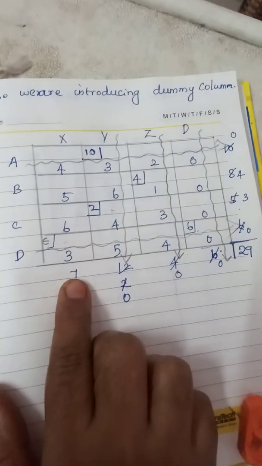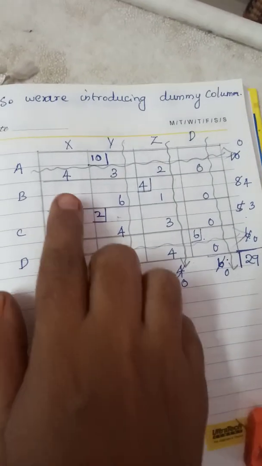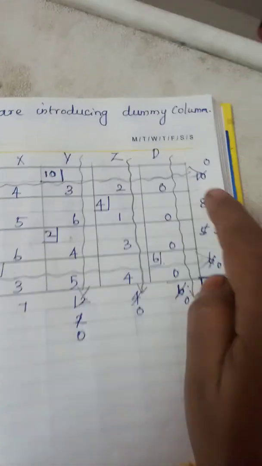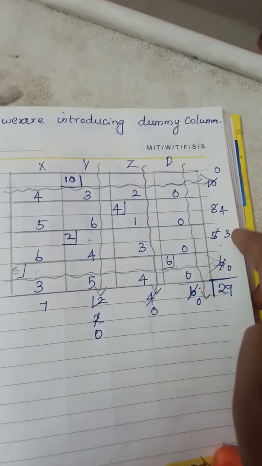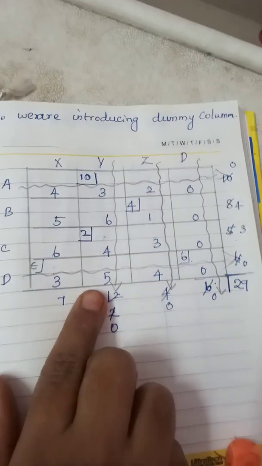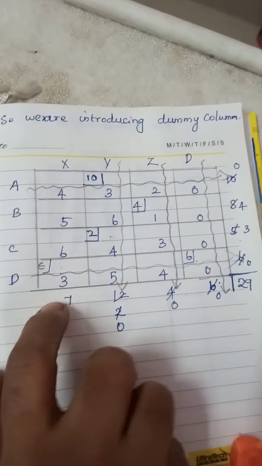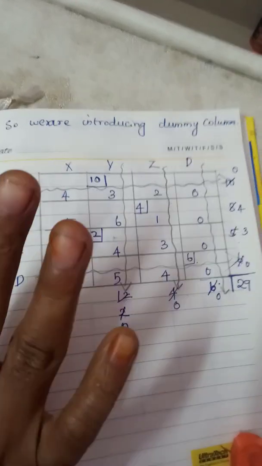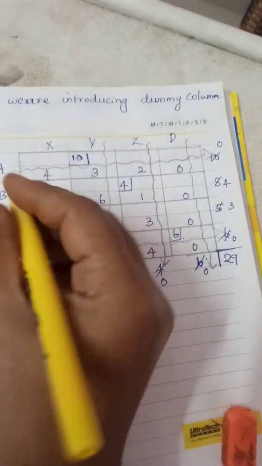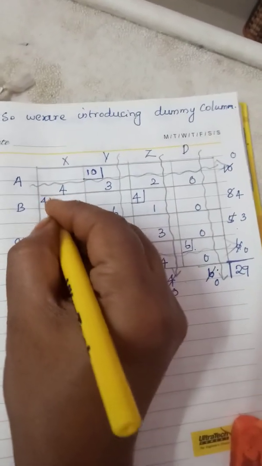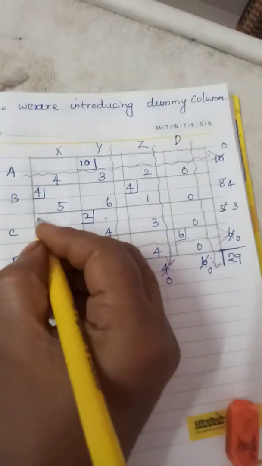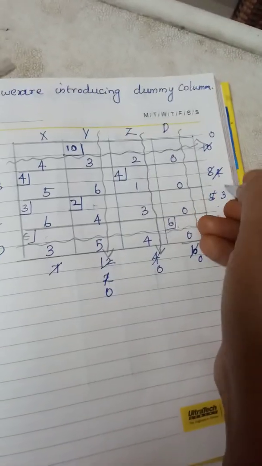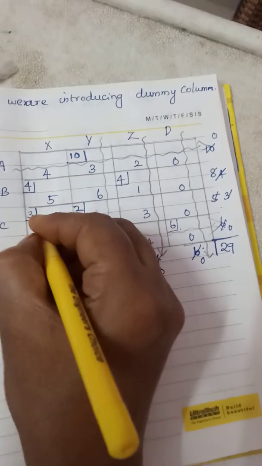What is the availability here? 7. Which one is least? 5. Here see, 4 and 3, 4 plus 3 is 7. Here it is 7. Okay, so 4 for 5 and 3 for 6 is possible. So choose these two values also: 4 for this cell and 3 for this cell. So the 7 is cancelled, and the 4 and 3 are also cancelled.